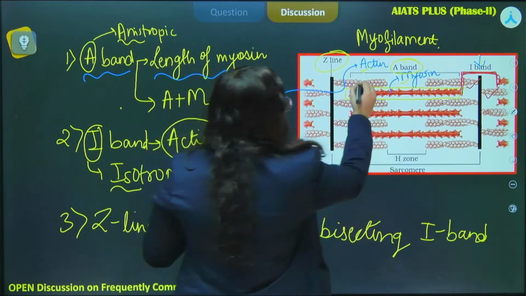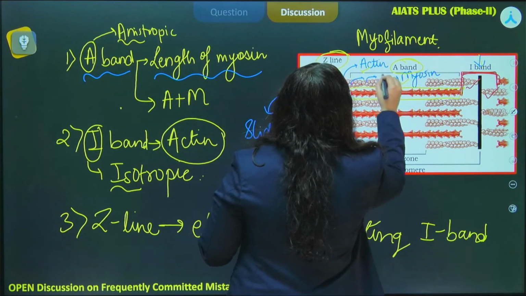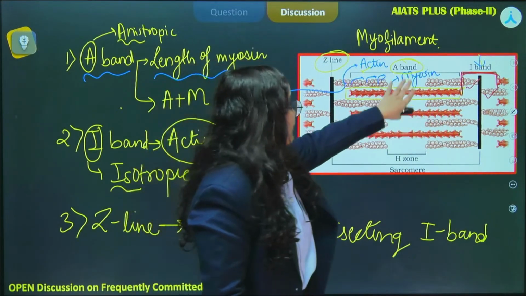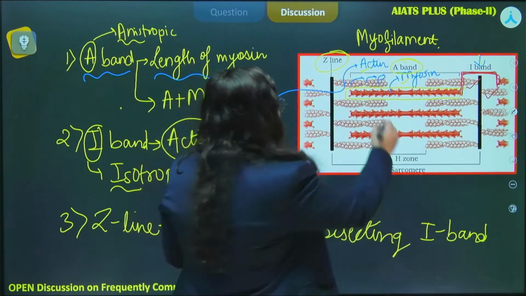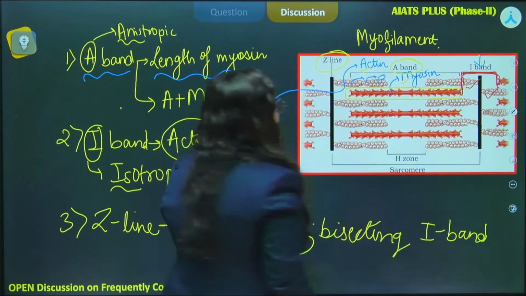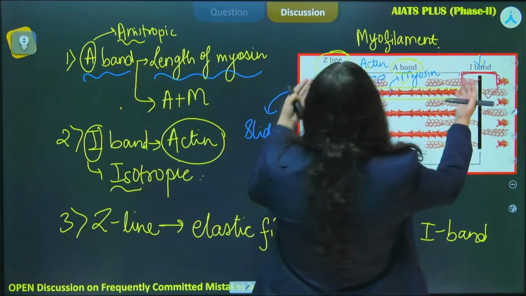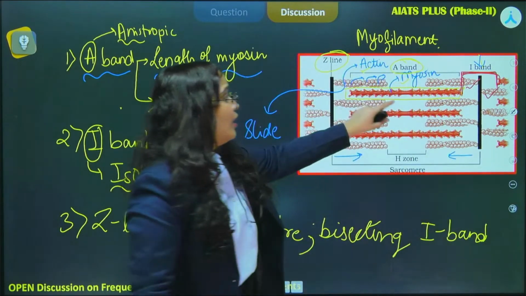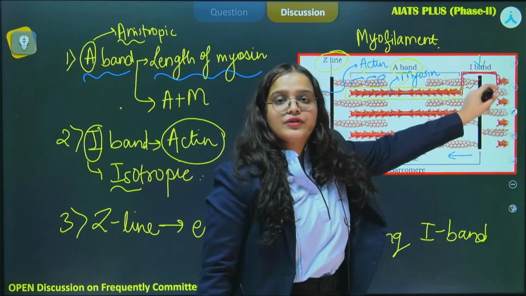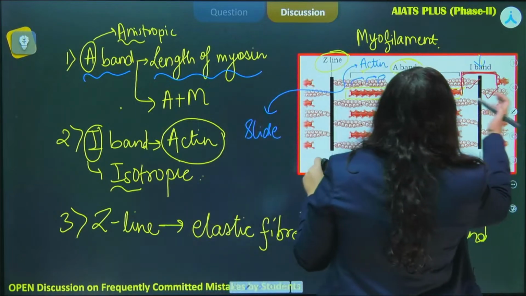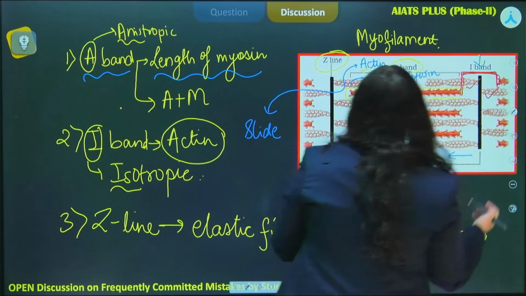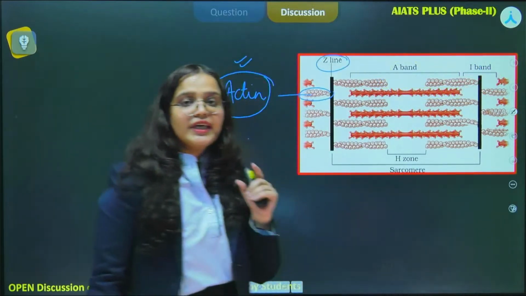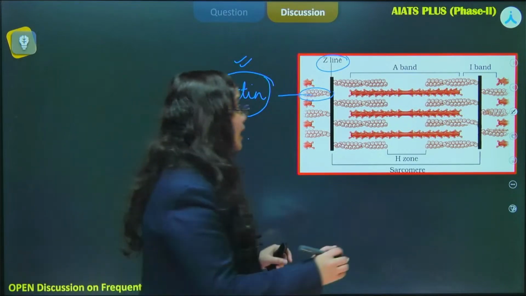All right. So basically my actin will shift and the myosin filament will remain at its place, and then there will be no change in its shape. Whereas if this actin is moving forward, then obviously the length of this Z line will change, because these two fragments will come closer. Also our length of I band will reduce, because this I band will be pushed inward. All right. So these are some of the key concepts from where questions are asked in the NEET exam.